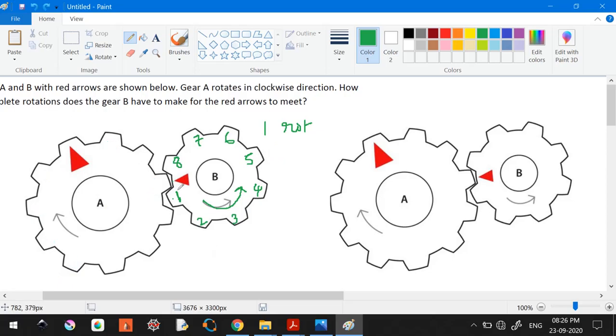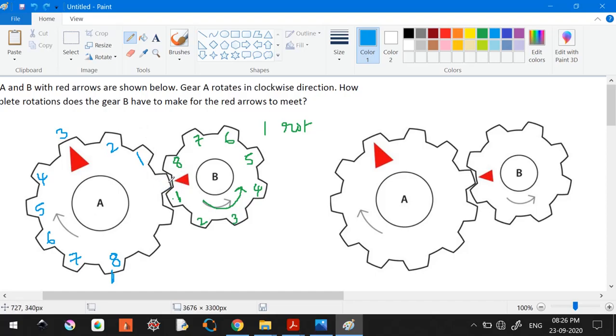Instead of calling this 1, let me call this 1, 2, this is going to be 3, then 4, 5, 6, 7, 8. Okay, so after this one turn, we are actually going to get this particular thing here, right? One step is going down, yes, here. So after this particular number of rotations, 8 is going to come here.